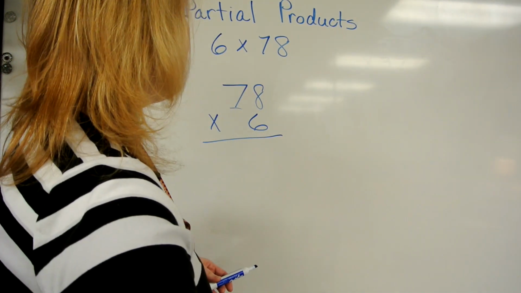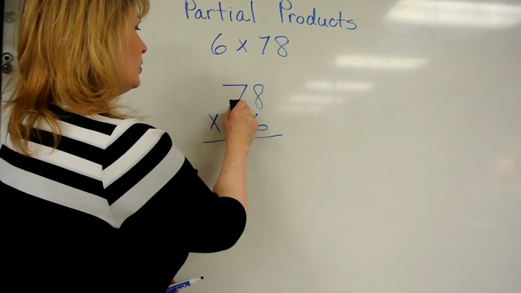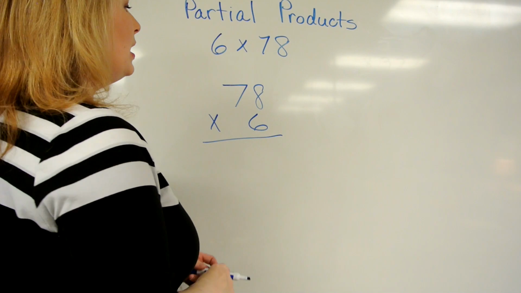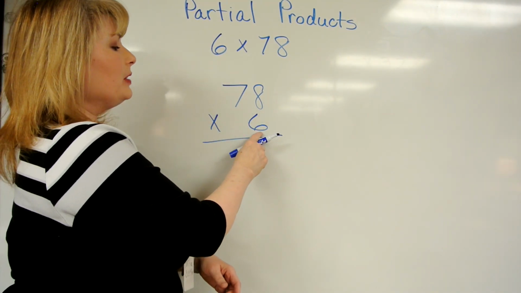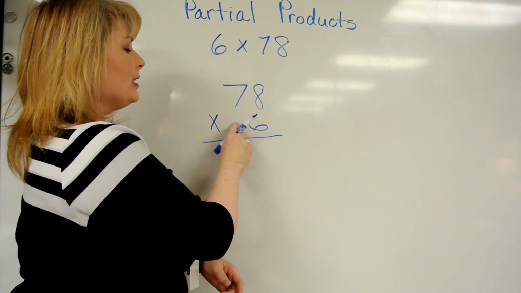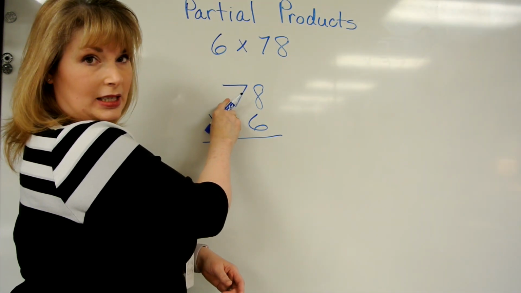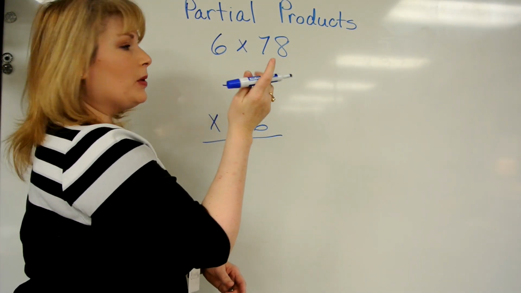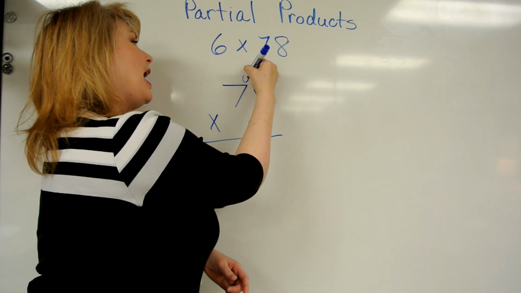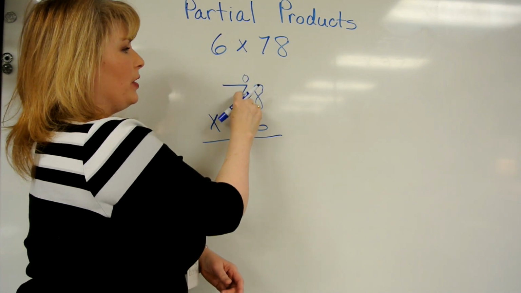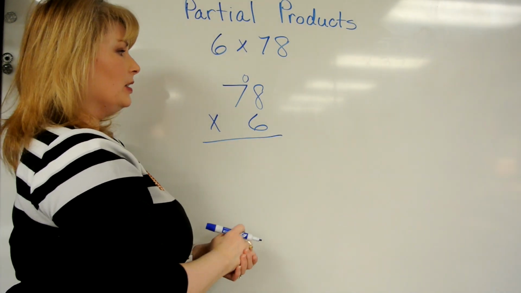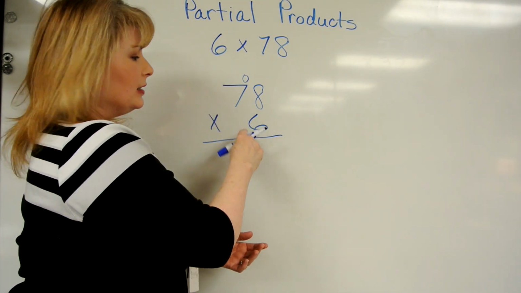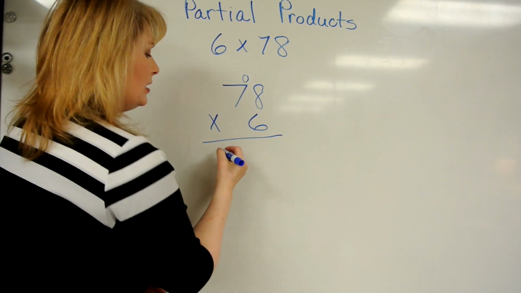So with that in mind, for partial products, we tend to actually start from the front. So I would have my students say 6 times 70. And in the beginning, so that they remember this is a 70, I might even have them put a 0 there, so that they see it's 6 times 70, not 6 times 7. So 6 times 70